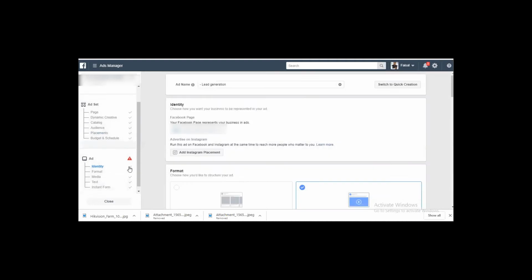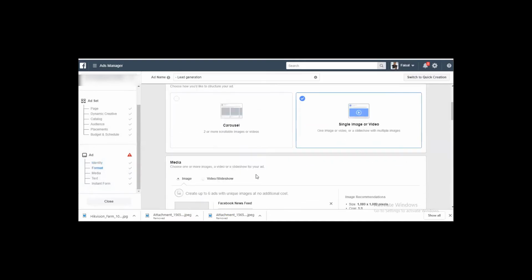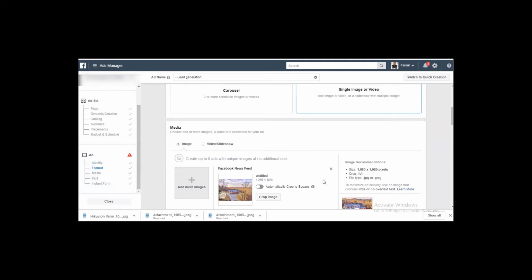At that level, we need to add the identity, like the Facebook page, then the format, like a single image or video or carousel, then text and instant form. I am selecting single image for this campaign.